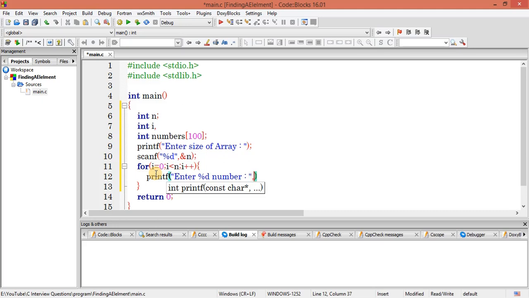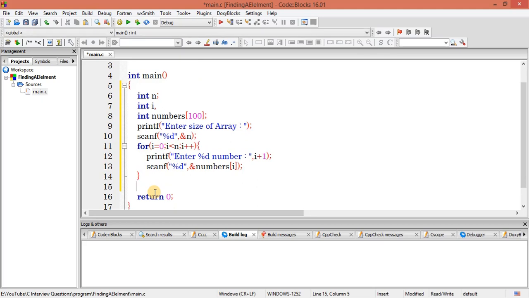Here I will pass I plus 1. Now let's get the element, so percentage d and numbers of I. Okay, up to here we have got the numbers, right?